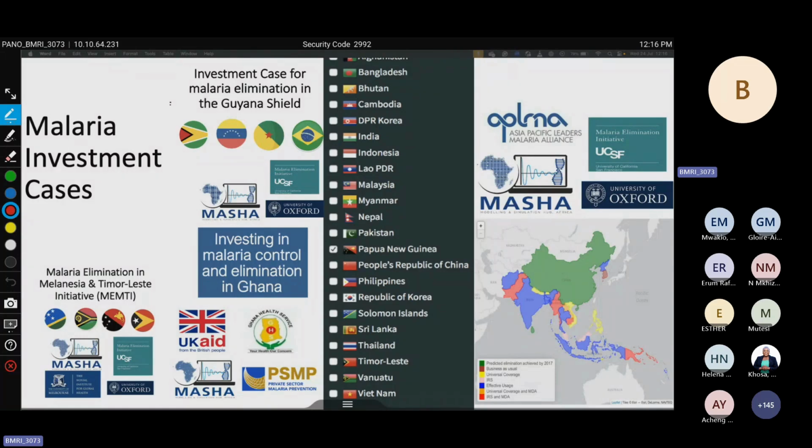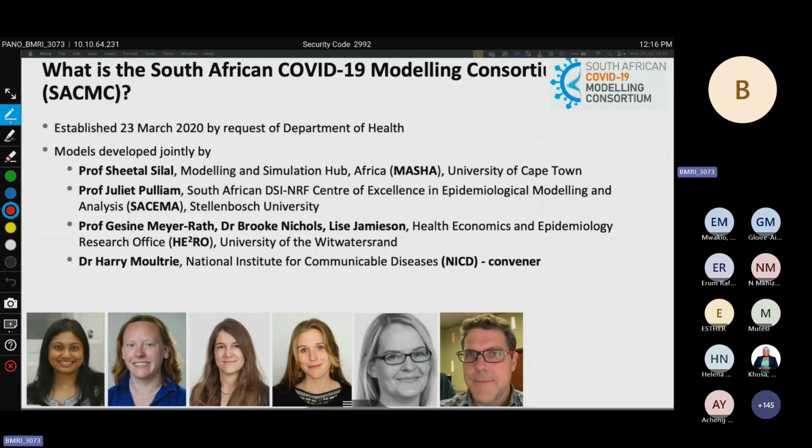So when the COVID-19 pandemic hit in early 2020, we found ourselves as modelers in a very different space. At the end of March, the South African COVID-19 Modeling Consortium, the SACMC, was formed by the Department of Health and convened by the NICD. And just listing my colleagues, and Kari, as she had mentioned, from SACEMA, we had the then head of SACEMA, Juliet Pulliam, who was also part of the consortium,